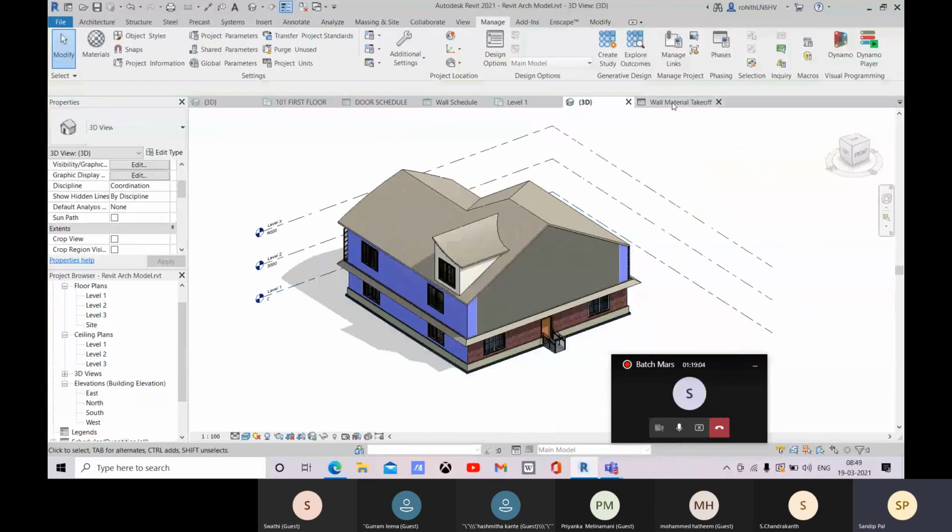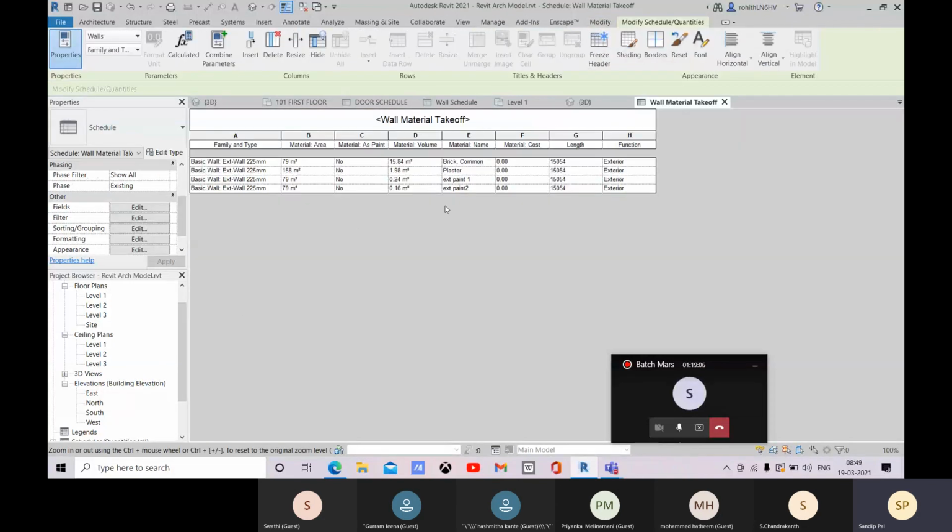Okay, so about the schedules, we have added this one. For this paint we have this area, so this much paint will be applied. And for this plaster, this is the area right now, and from this material area you can extract your cement quantities, your sand quantity.